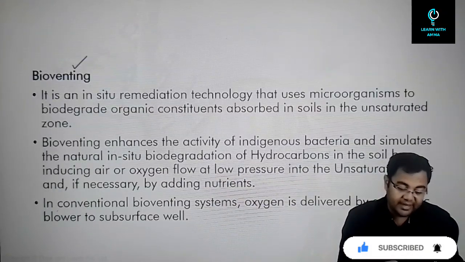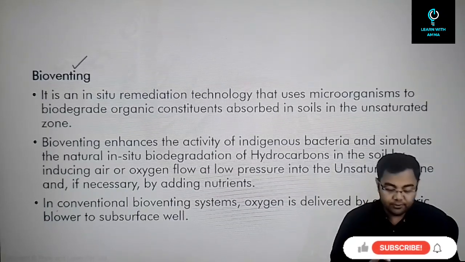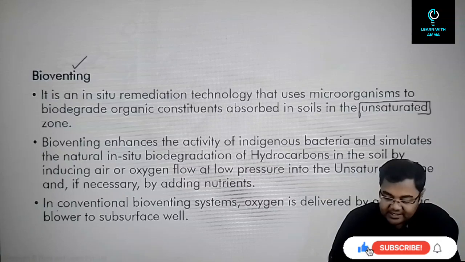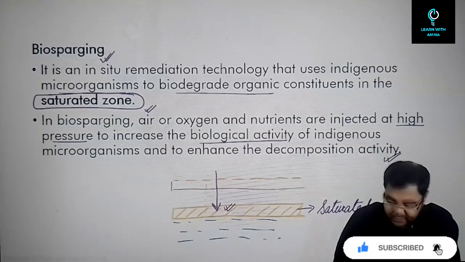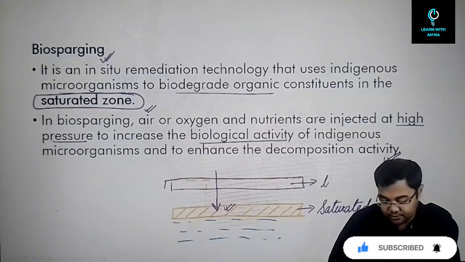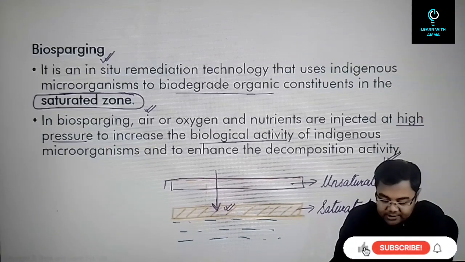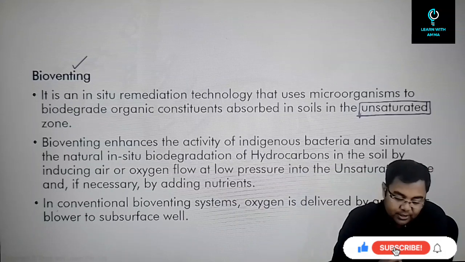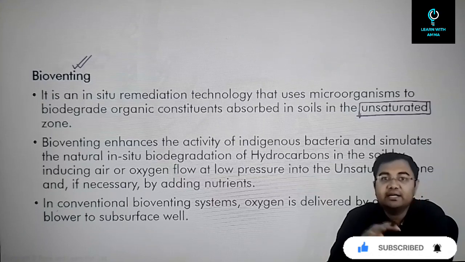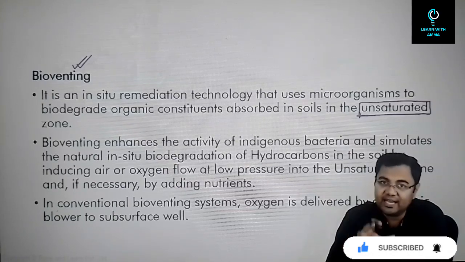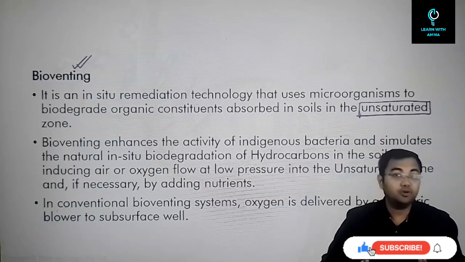Then after that you have bioventing. Bioventing is also a very similar process compared to biosparging. The main difference is that this is carried out in the unsaturated zone. The unsaturated zone is the zone of the soil which is at this level. At this level you have the unsaturated zone, because it can sustain more moisture. More moisture can be given to this level, so this layer is called the unsaturated zone. Bioventing is carried out in a very similar manner to biosparging, just that now you will not need high pressure. This can be carried out at lower pressure because you are not going down below as much as was required for biosparging.